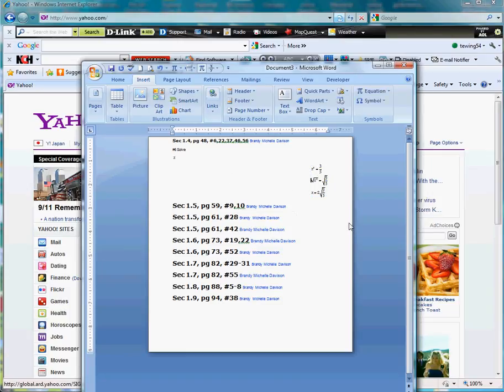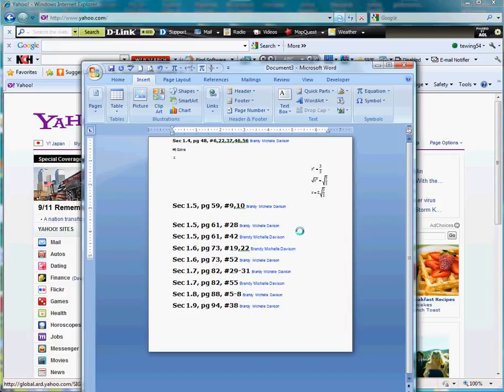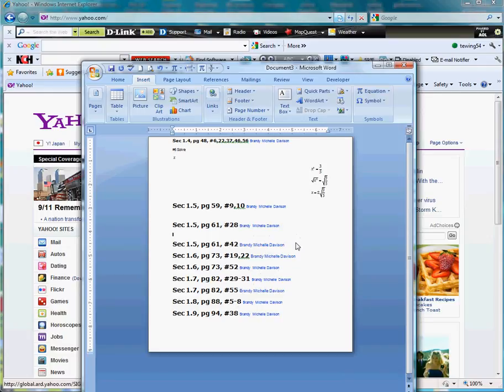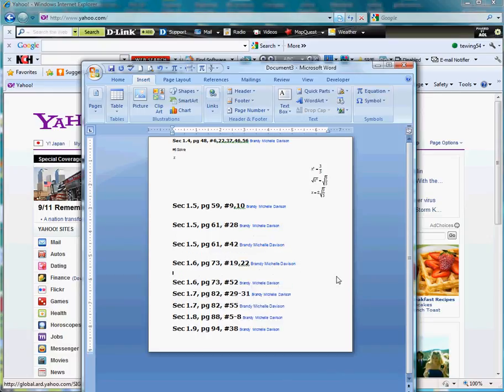Now, I've solved this problem, and now I go on to the next problem, and I solve it. The next problem, I solve it. The third problem, I solve it. And the fourth problem, I solve it. Now that all of these problems are solved, I am ready to transfer the work onto the whiteboard. To do that, what we have to do is open